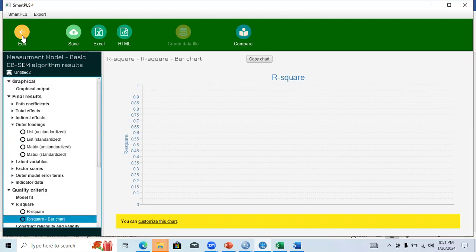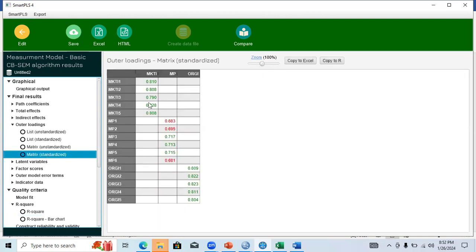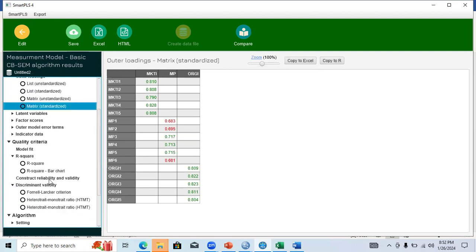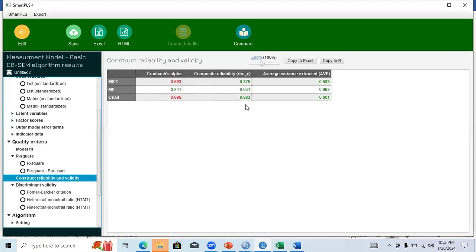So this is how you can report the measurement model, the same tables. First, you need to see the outer loading from the matrix standardized, this table. Then you need to see your construct validity and reliability, this table.